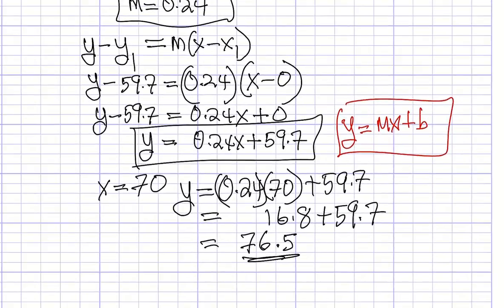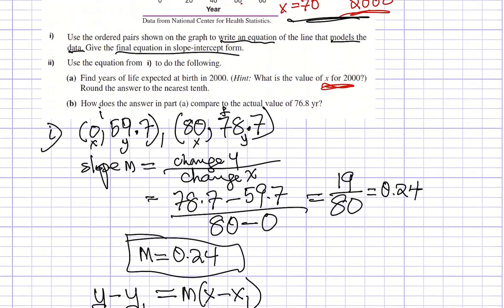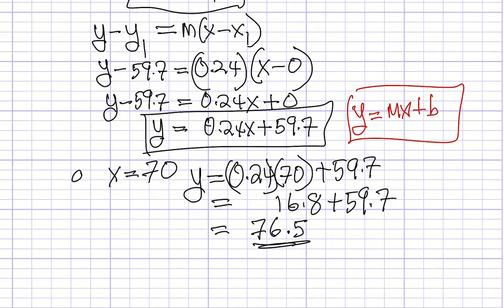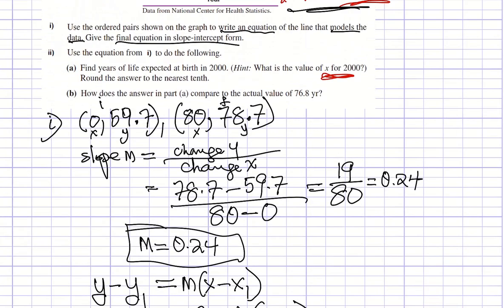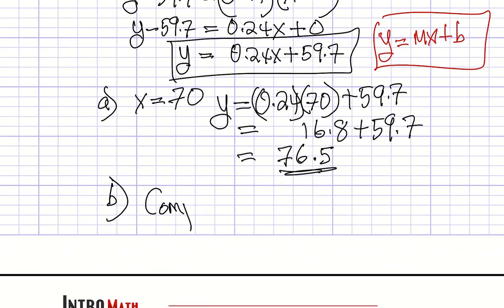76.8. Yeah, it's close. You said that's B. Oh, what am I doing? Find the years. Okay, this is A here, and this is B here. So yeah, they want us to compare what we got. Compare. That's all that is saying. Compare what we got to